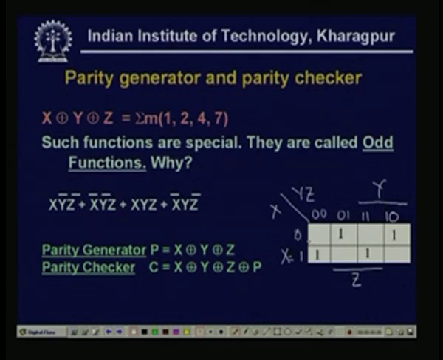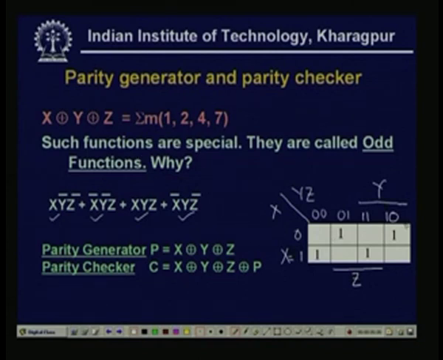This min term is x y bar z bar, my first min term. This is x bar y bar z, my second min term. This is x y z, my third min term, and this is x bar y z bar, my fourth min term. So, this realizes our